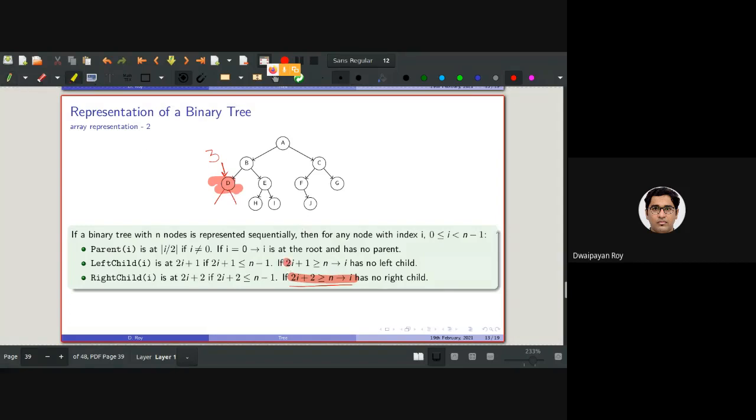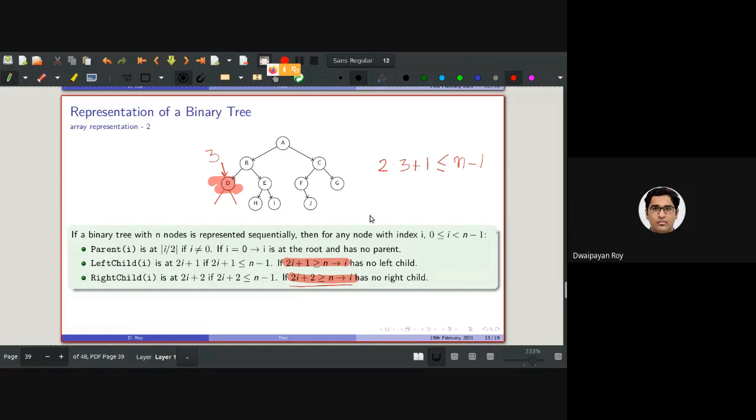For this node, this is problematic or confusing. As you can see, the value of i here is 3. So 2 into 3 plus 1 is less than or equal to n minus 1, isn't it?